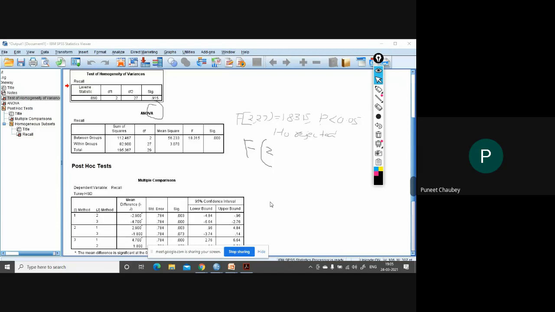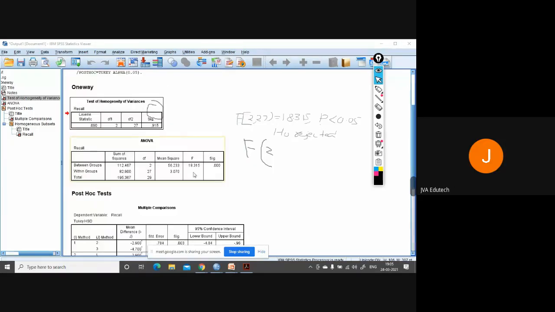Sir, repeat once more. See, ANOVA table is able to tell you only whether there is a significant difference among the groups or not. That's why we have performed a multiple comparison method also, which will tell which group differs, because ANOVA will tell only this 0.000, null hypothesis rejected. Null hypothesis was that all the group means are equal.